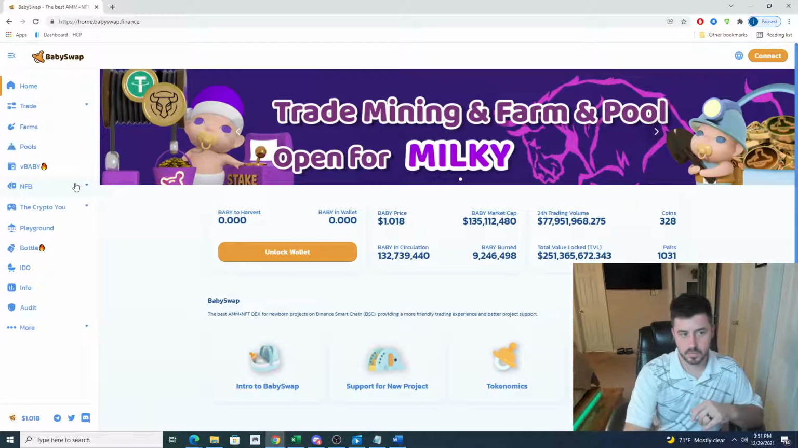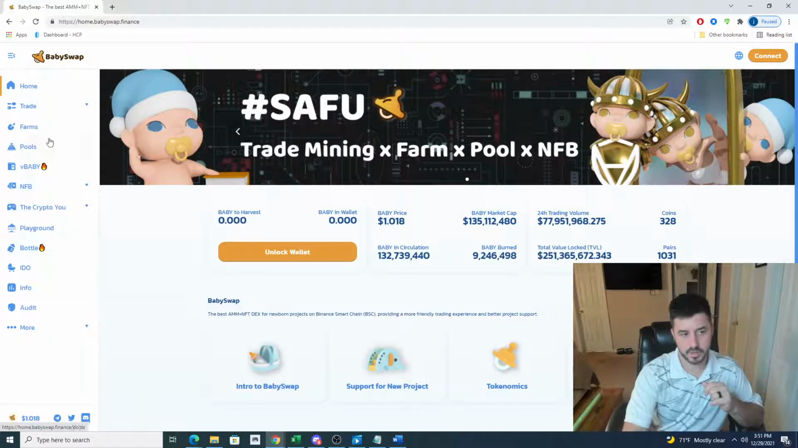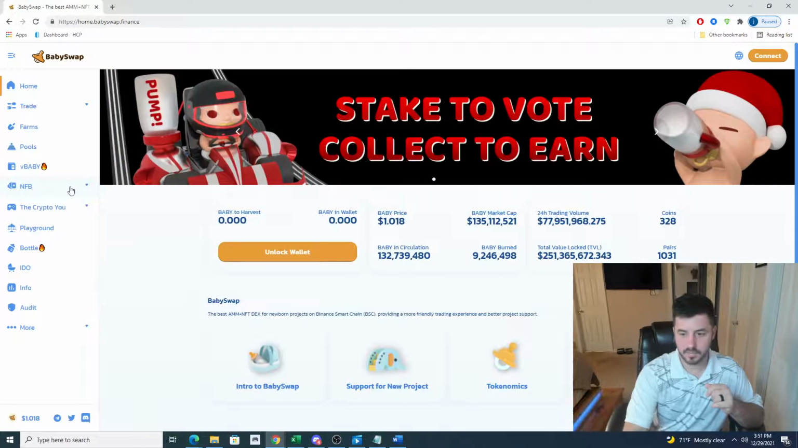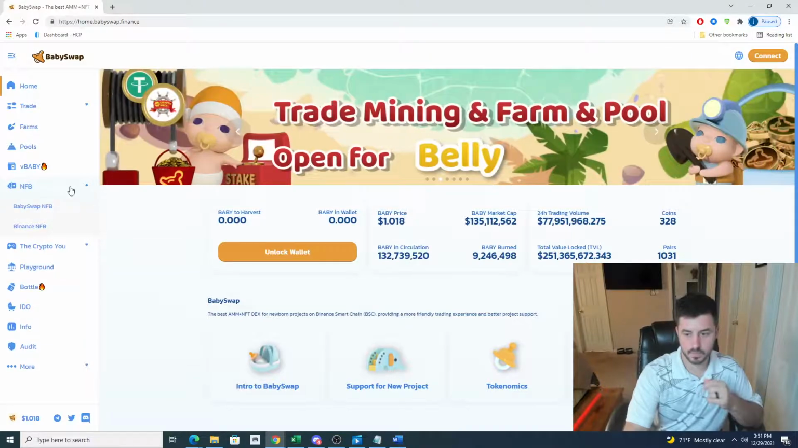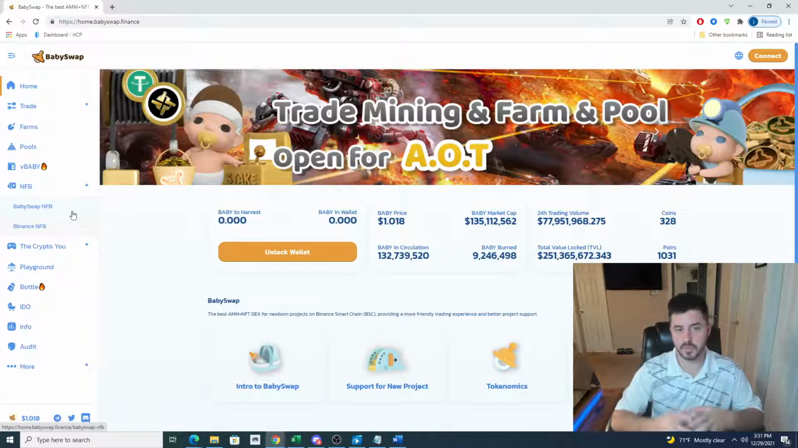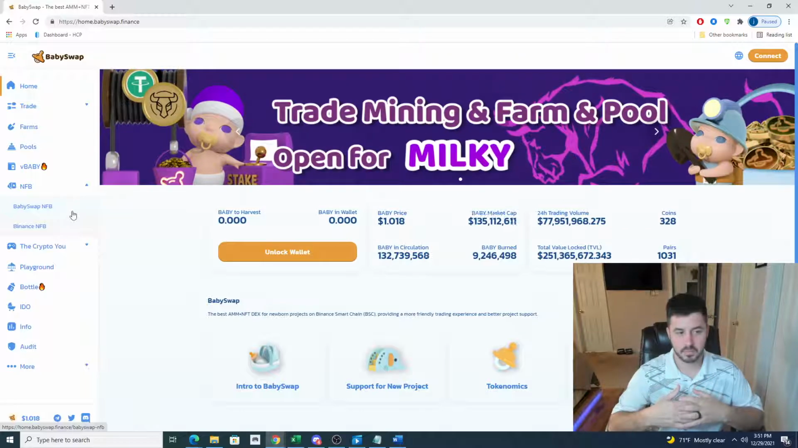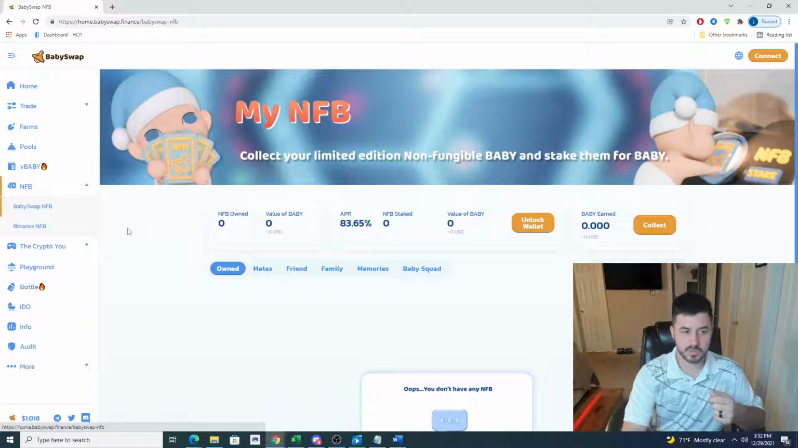All right, so back to their home screen and the rest of their menu items here. The NFB, non-fungible baby. So the NFB has two different ones here, two different genres. One is the BabySwap NFB, and then they also have the Binance NFB. So the BabySwap NFB,